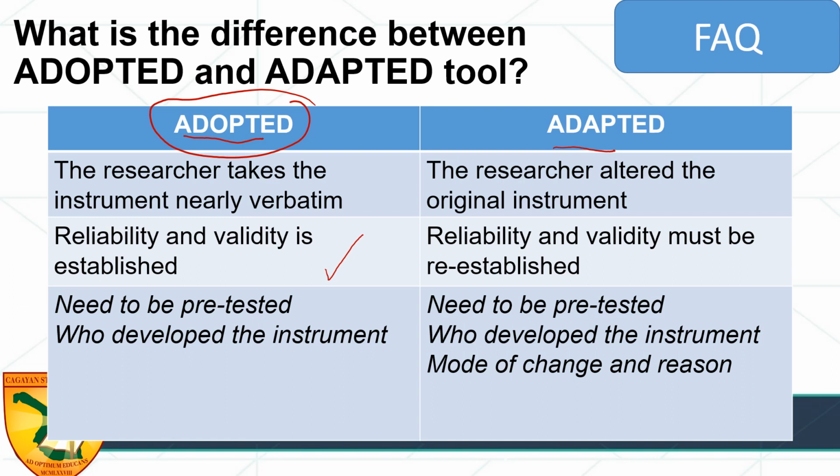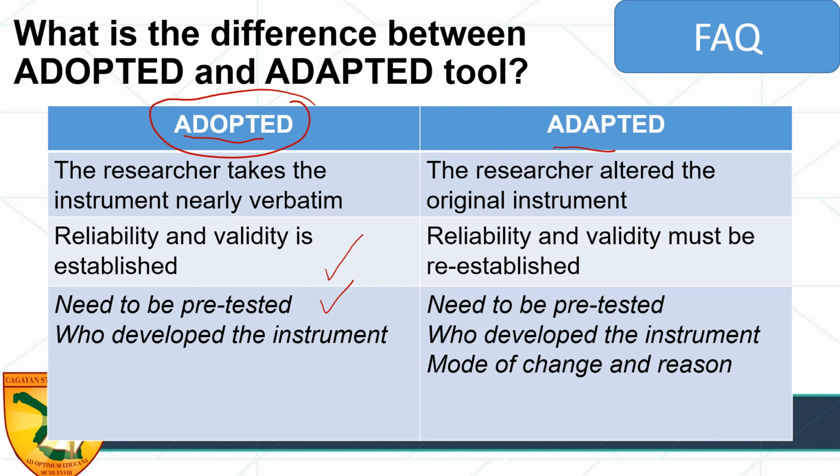But even though this is adopted, we still need to pre-test this because you will be using it in a new setting. You might need a translation if it doesn't suit the setting or the dialect used in the setting where you will be administering your instrument. So when you adopt an instrument, you need to tell at this part who developed the instrument and the reliability